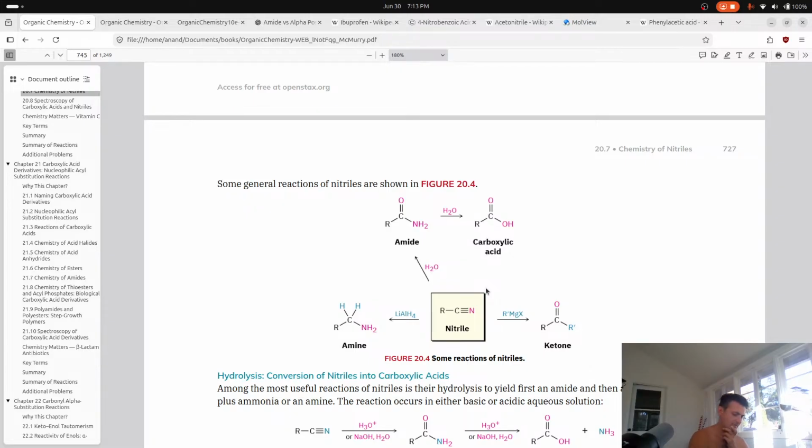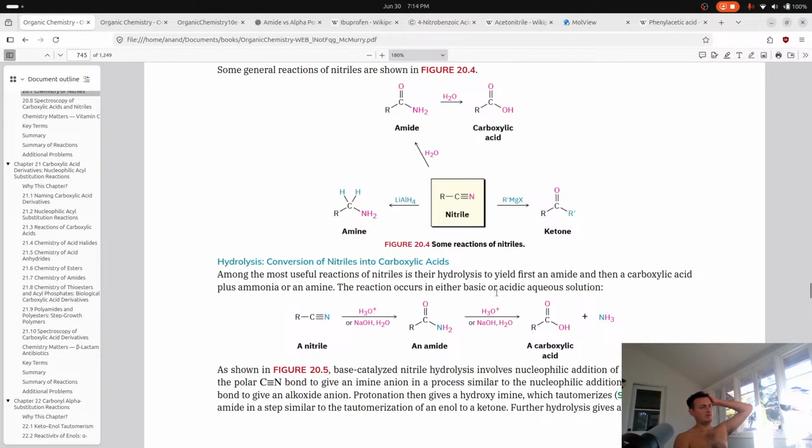We have amine. And then we have amide. And then finally to a carboxylic acid. Among the most useful reactions of nitriles is their hydrolysis to yield